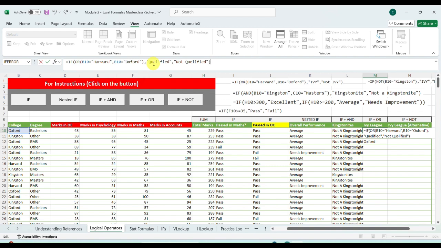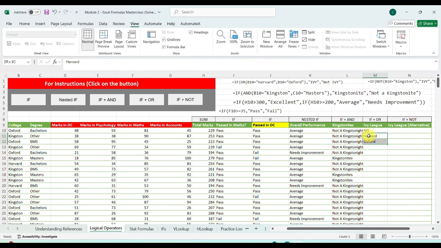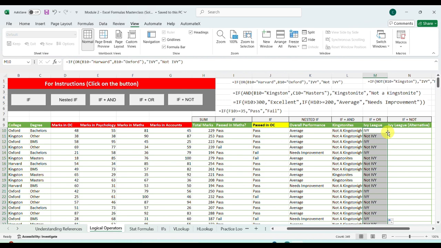Bracket close. You see qualified instead of Ivy, and now if we change this qualified to Ivy, you'll get Ivy. So you can use anything as per your convenience or as per the requirement. So here we have seen if plus or. It's a big formula.